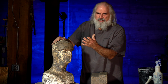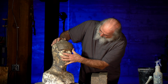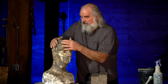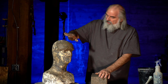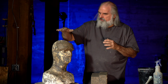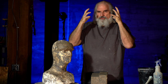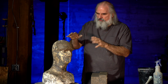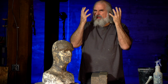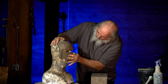Now there's another little trick that I use, and again, it's not necessarily the truth for all sculptors. You're getting my opinion, take it or leave it. But for whatever reason, it seems like the thing shrinks up like this. So I get really thin on top so that it rests right on your head, and all that shrink just kind of works out, and so it seems to work. If I put a full half inch up here, it does this. I'm not quite sure of the mechanics of why that works, but anyway, I'll dodge the eyes